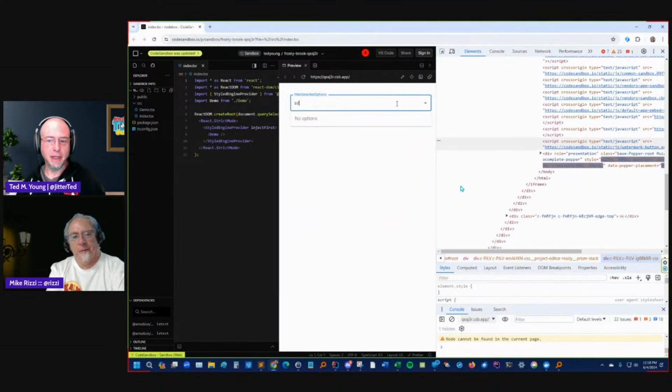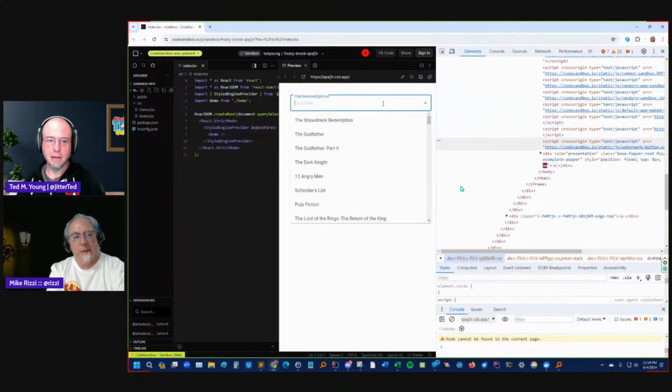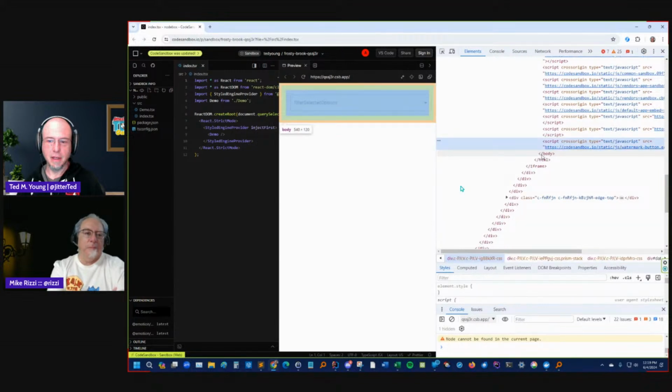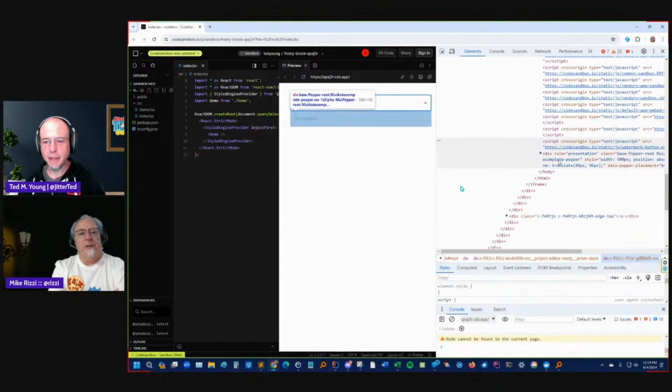As you start typing, it's unfortunate that it loses focus. But I guess we could implement it instead of being in a sandbox and then inspect it. Basically, the main thing that we care about is that what we'll want is something like a div that displays all the choices, and then what's inside the div,